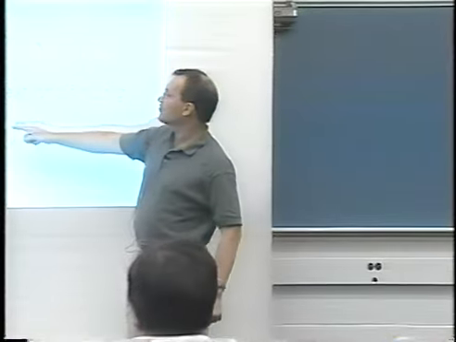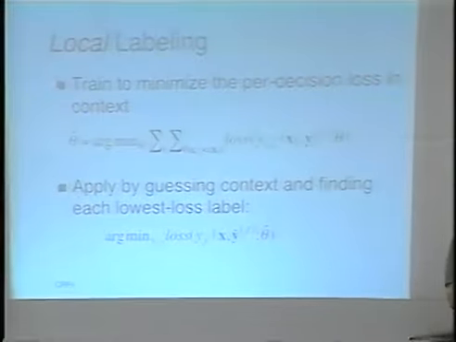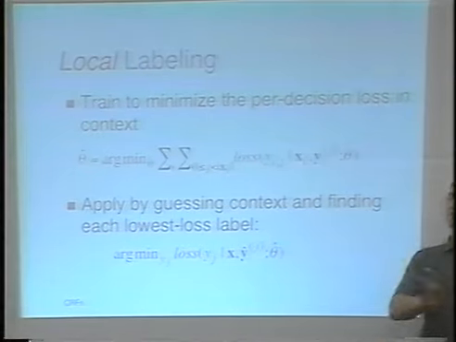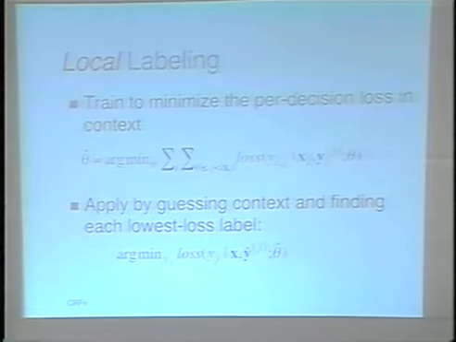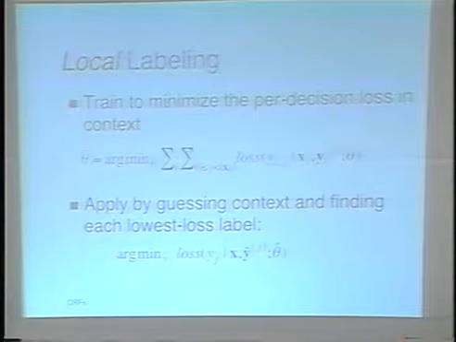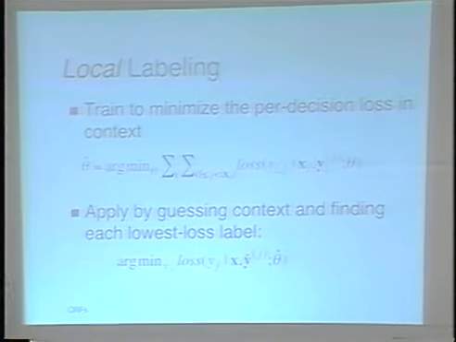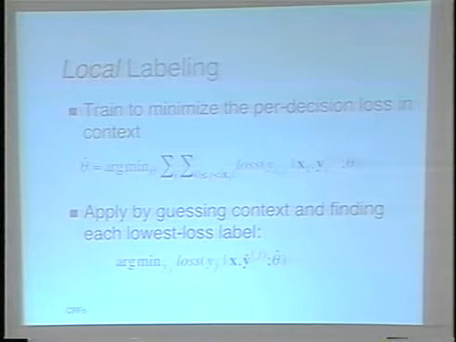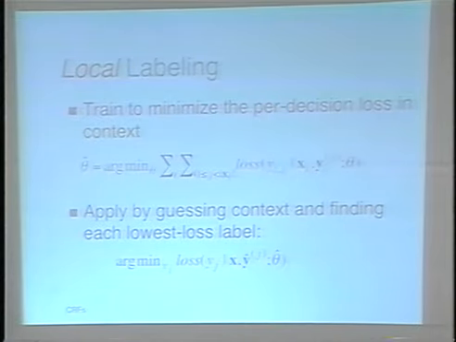Or if these loss measures are commensurable from decision to decision, I can do something like Viterbi decoding. I can accumulate the loss, and I can try all possible labelings so far, organizing the dynamic programming table, and then try the next one. But notice that this is quite different from the previous story. In the previous story, I'm optimizing the labeling globally. Here, I'm optimizing each individual decision. And there's no guarantee that optimizing each individual decision is the best thing to do.